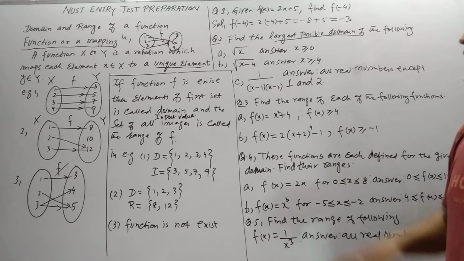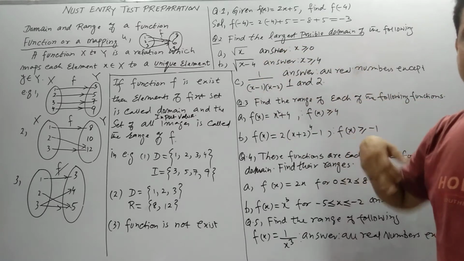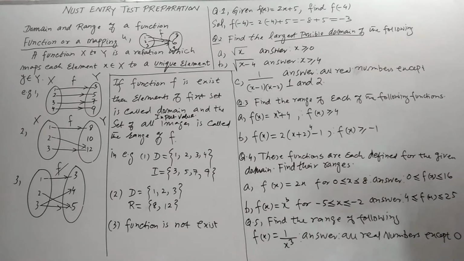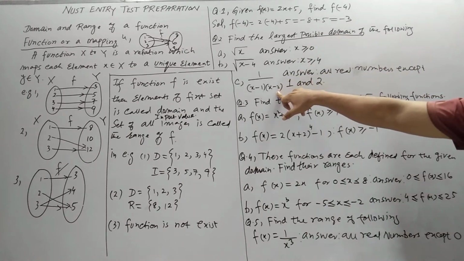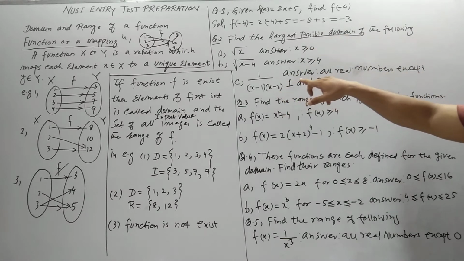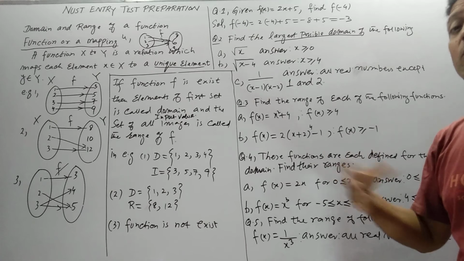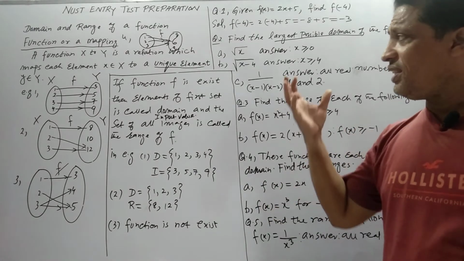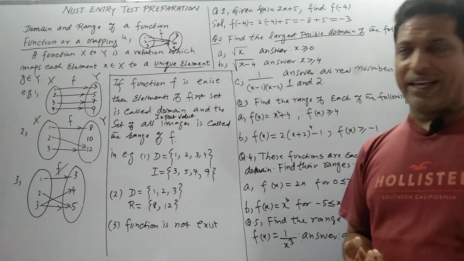Okay, if we exclude 1 and 2 and put any value, whether it is negative or positive, except positive 1 and positive 2, there will be some answer, and this will be our range value. Hence, the largest possible domain or input value is, in this case, all numbers except 1 and 2. Okay, so this is the question related to domain. I hope you understand. I am just giving you the introduction of the definition of function, the definition of domain, and the definition of range.